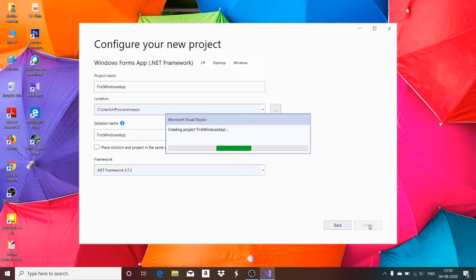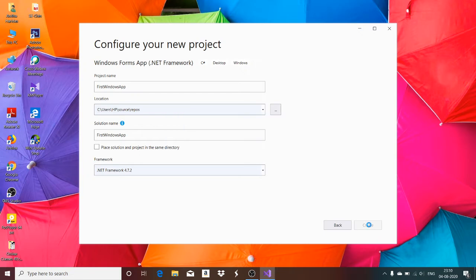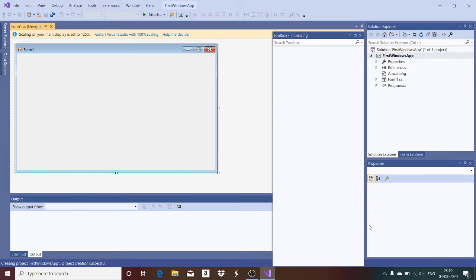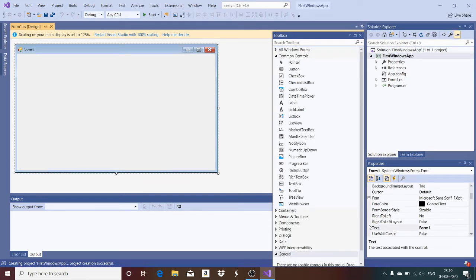Windows Forms are the interfaces which are used for designing the visual interface for a Windows application. Using this, we can add controls and other items from the toolbox into the form window by dragging and dropping them or by double clicking on them, which we have seen in the previous video.